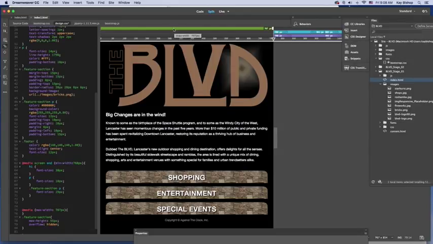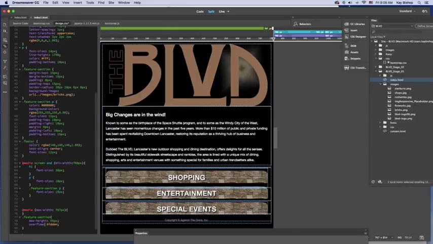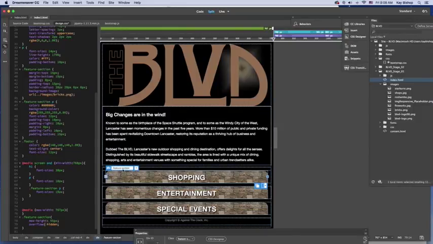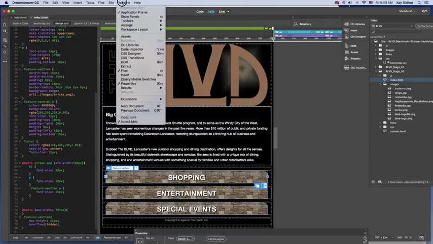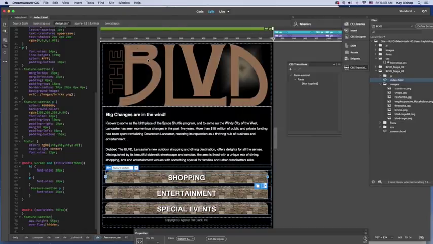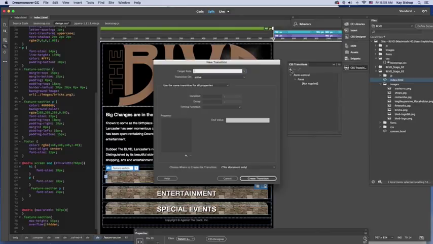Save all, stay in the extra small layout. Then select the shopping H2 element. Use the tag selector to make sure that you select the entire div. Open the CSS transition panels under Window, CSS Transitions. Click the plus sign to create a new transition and type in the class feature section